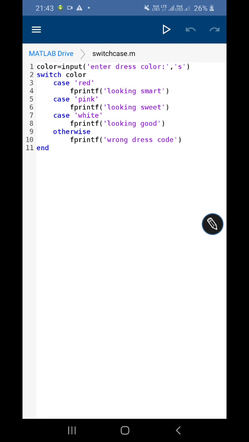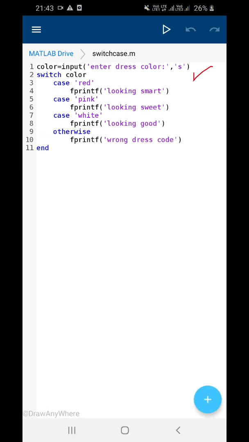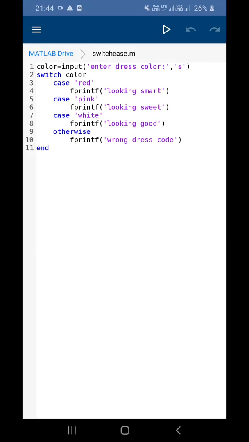It solely depends on us which type of input we want to take. Here I am asking the user to enter the dress color, and it is specifically mentioned that you have to give your input in the form of s, meaning string.